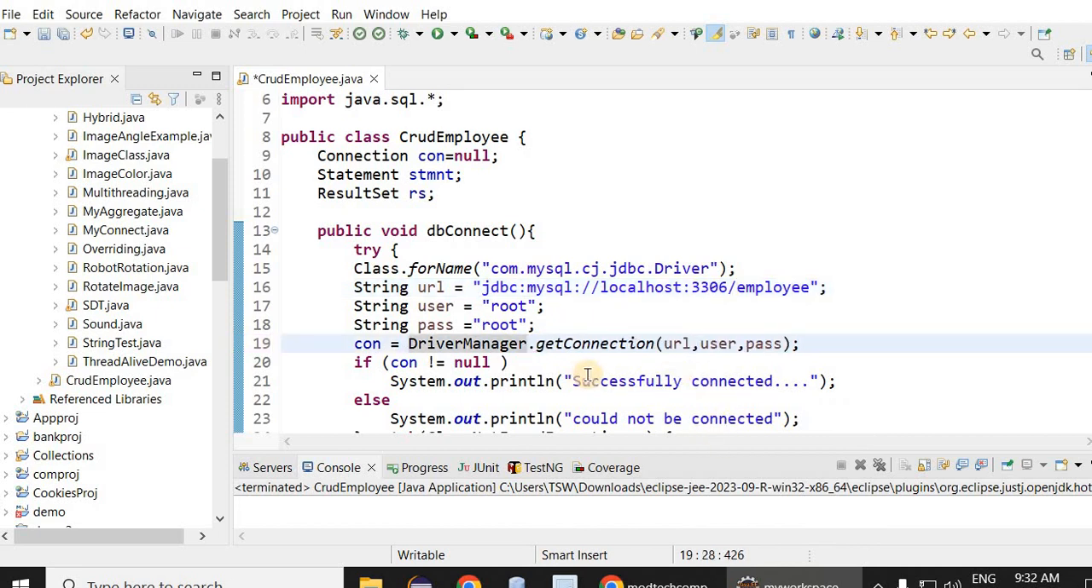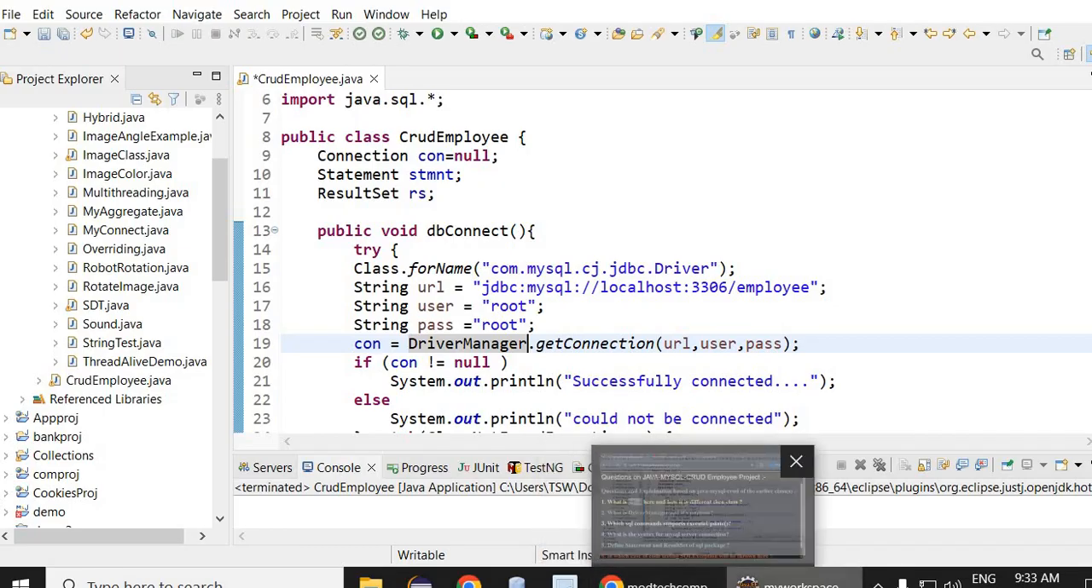Then after this, in simple words, the DriverManager class is managing your connections, that is one, and second, registering and deregistering your drivers. And this Driver class is implementing your java.sql.Driver interface. Then after this, next comes out